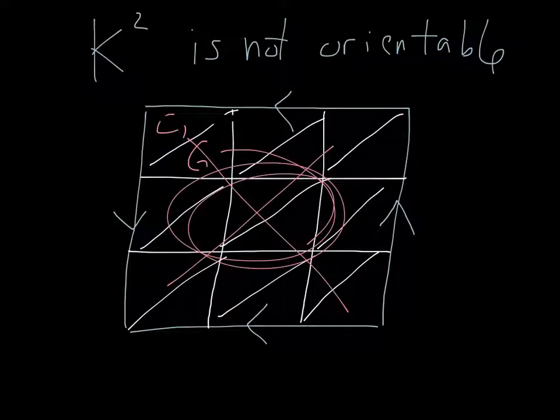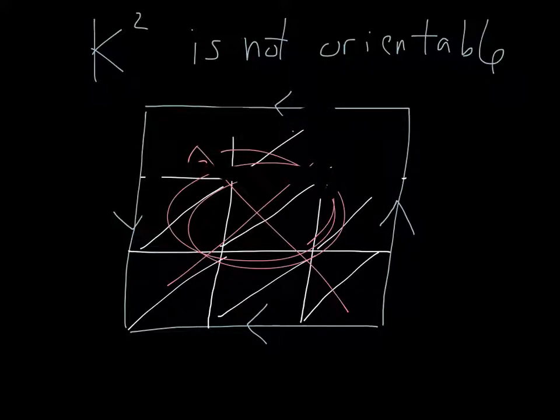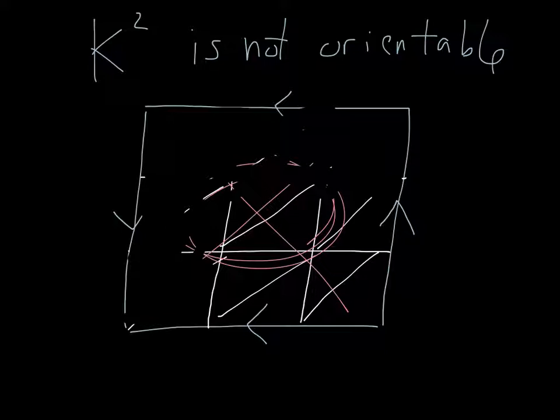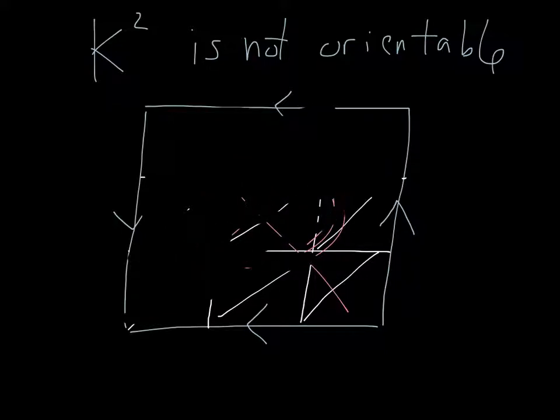What we must do instead is be able to say something a little more general about the entire situation. So I'm just going to draw a more general thing that would happen whenever we're looking at the Klein bottle. And we'll see that no matter how we try to put an orientation on it, we'll always get a contradiction